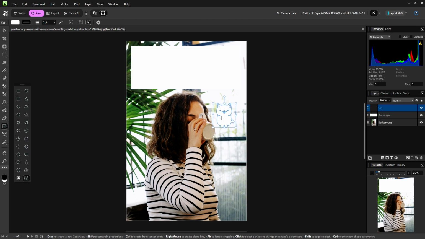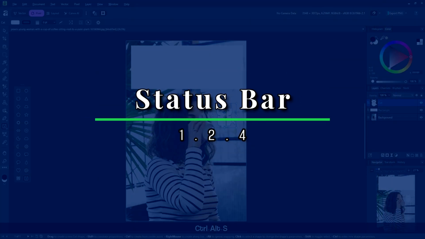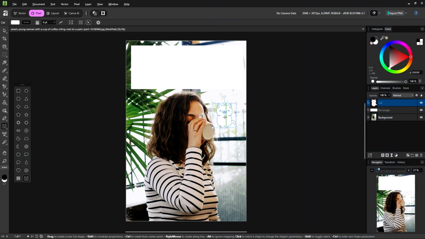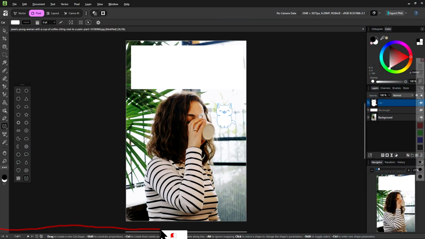See? We just made a cat using one of the shape tools that are grouped with the rectangle tool. So you might be wondering, how do I know how to use this tool? Well, at the very bottom of the screen, we have this white bar called the status bar.